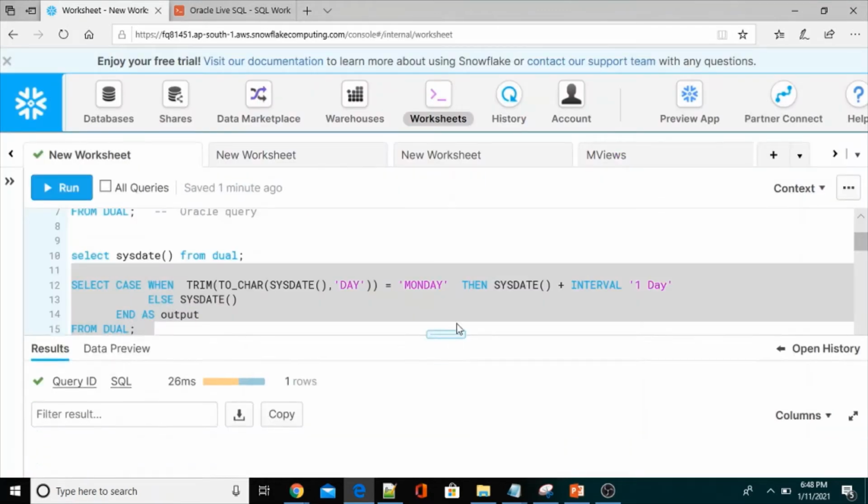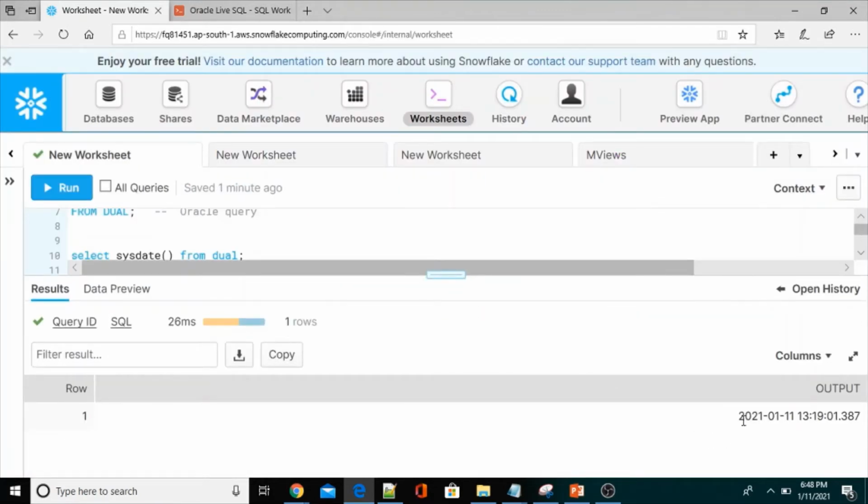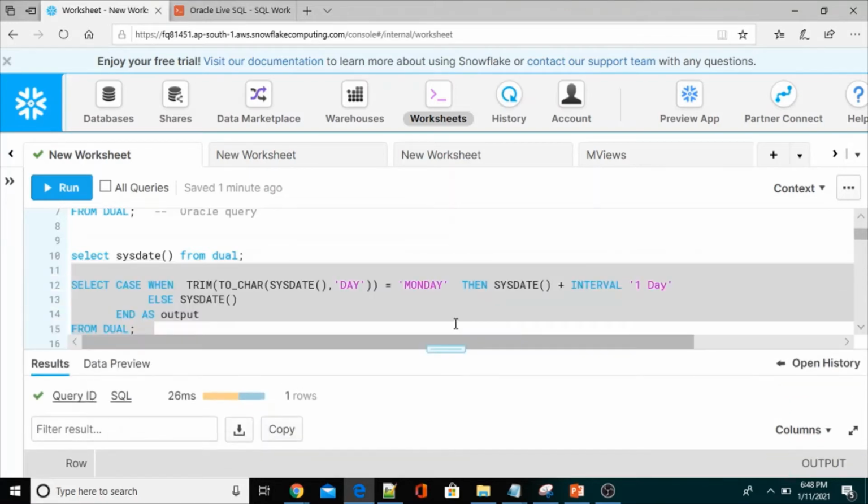So here, if you see, it executed, but still it is returning 2021 01 11 instead of the 12th. Today is the 11th and Monday, so if the condition is satisfied, it should return the 12th, but here it returns the 11th only.